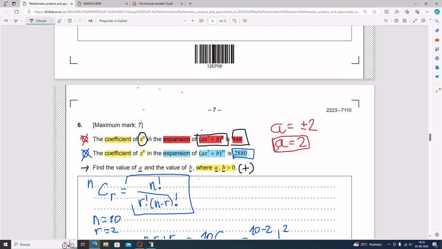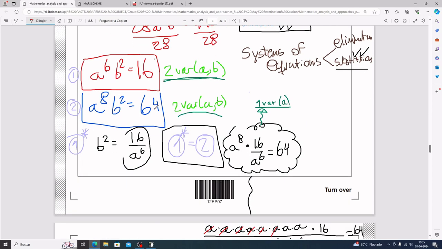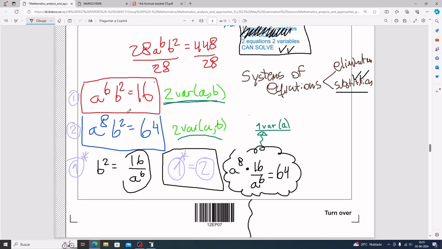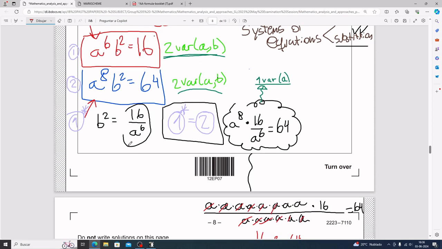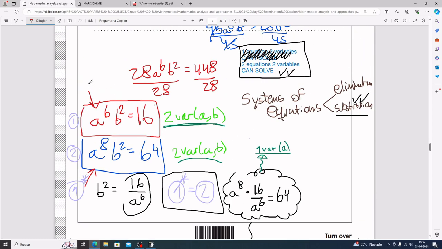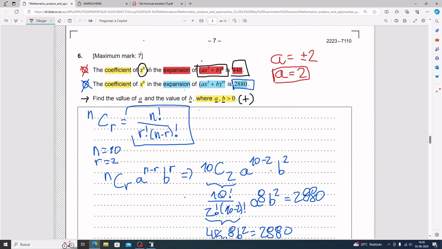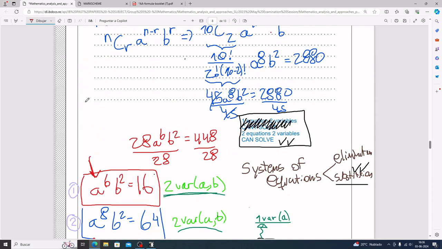Now that you know that a equals 2, finding the value of b is very easy because you can plug it in pretty much anywhere. See? If you plug it in here, you can solve it. If you plug it in here, you can also solve it. All these different things are going to work. So I'm just going to plug it into the first one up here. I think it's more straightforward, whatever. So a equals 2, right? So you end up with